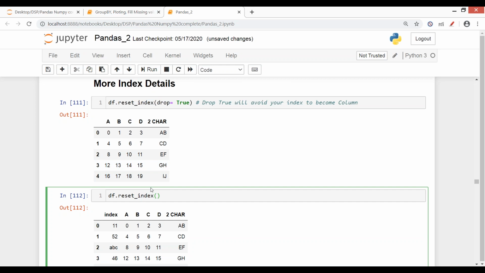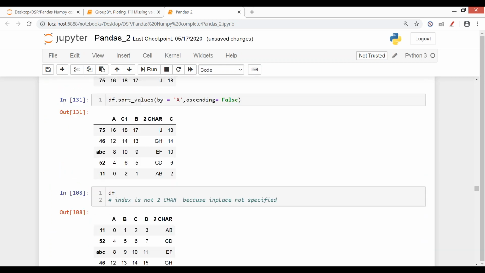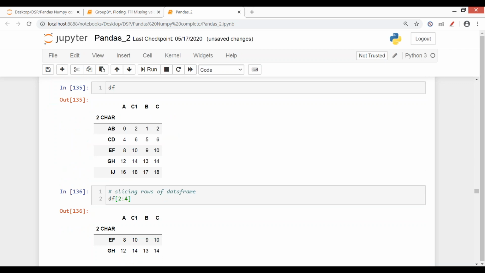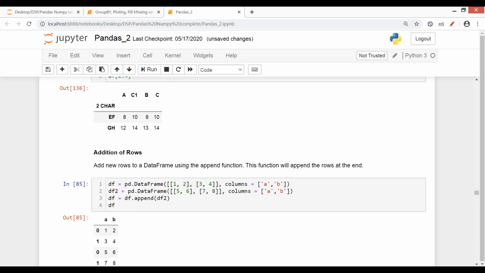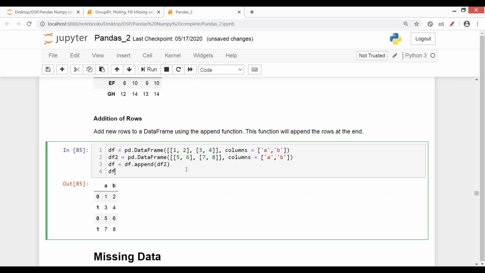Kanishka, you wanted the code for reset index or for what? Okay. Okay, then moving on. Kanishka, can you please turn off your mic? Okay, then.